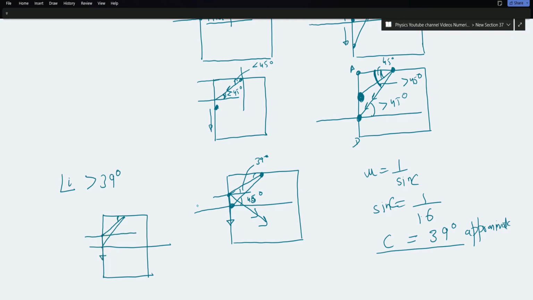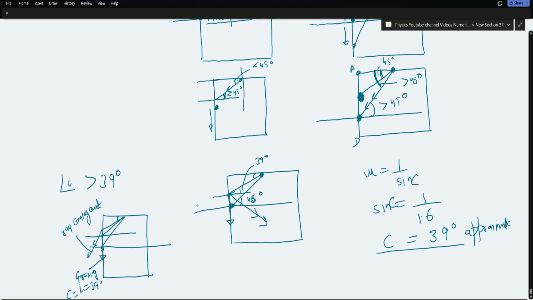The grazing will happen here. If the angle goes below 39 degrees, the rays will start coming out. So rays are coming out. This is grazing because the angle of incidence is equal to 39 degrees, which is equal to the critical